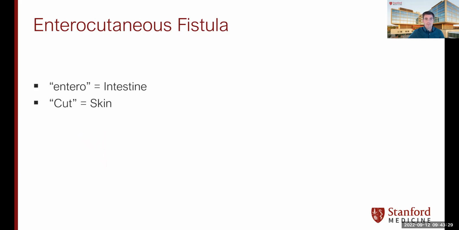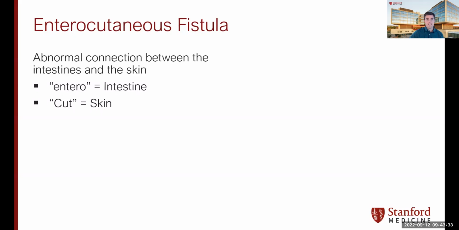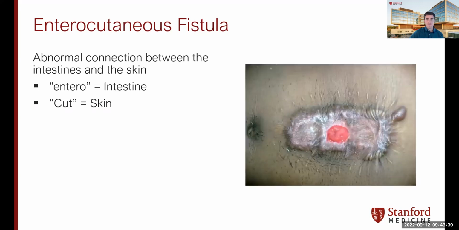Yeah, so this is an incredibly difficult condition. So entero is intestine, cutaneous is skin. So an enterocutaneous fistula is an abnormal connection between the intestines and the skin. And it most often happens after abdominal surgery or severe infections, where you have a scar and then the intestines,